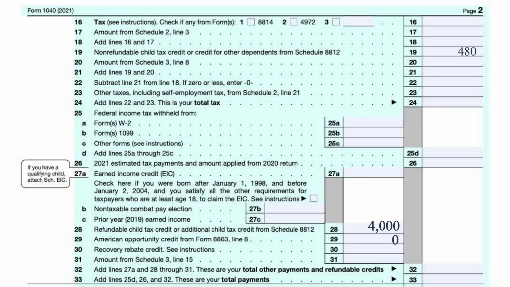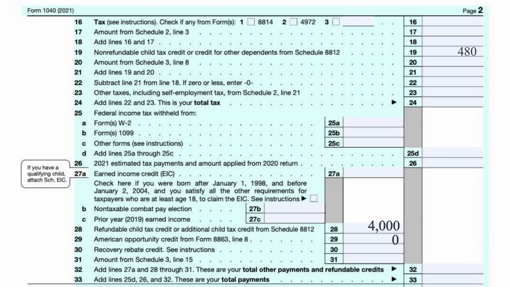There were 3 economic impact payments, though only the third was issued in 2021, so a taxpayer can only take a credit for the third payment. To fill out this portion, you will use the Recovery Rebate Credit Worksheet in the instructions for Form 1040. Line 31 is the amount from Schedule 3, line 15. Going back to Schedule 3,